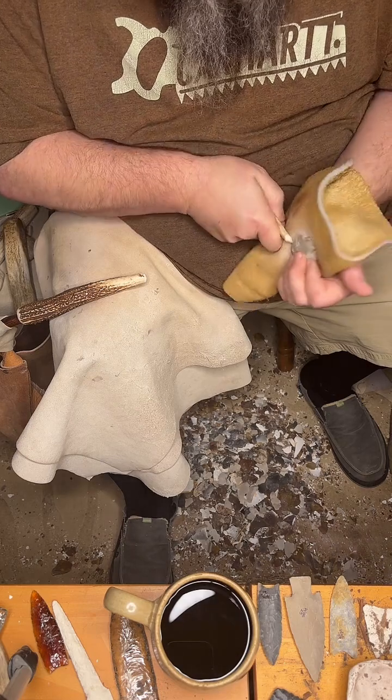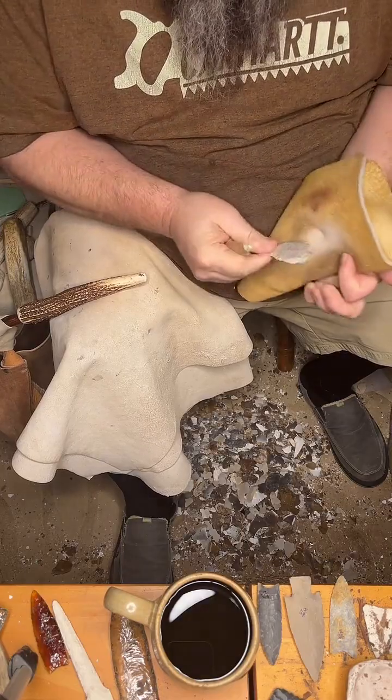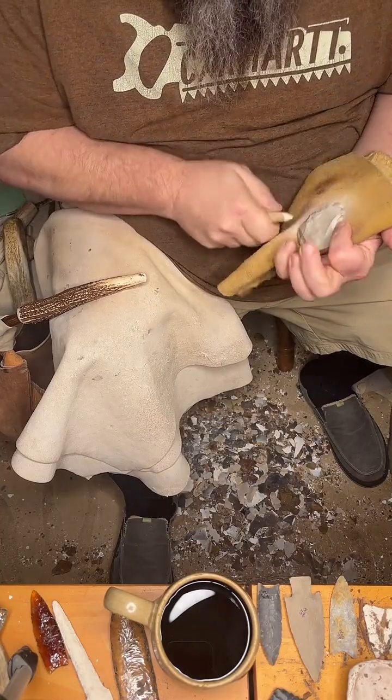Just kind of cleaning this edge up a little. Kind of get it turned back this other direction, and then we'll